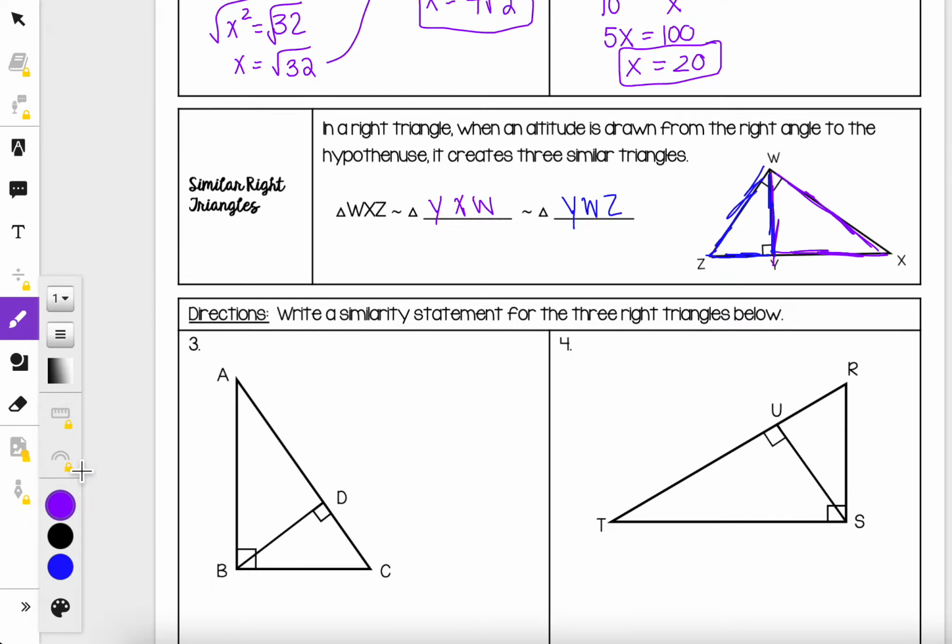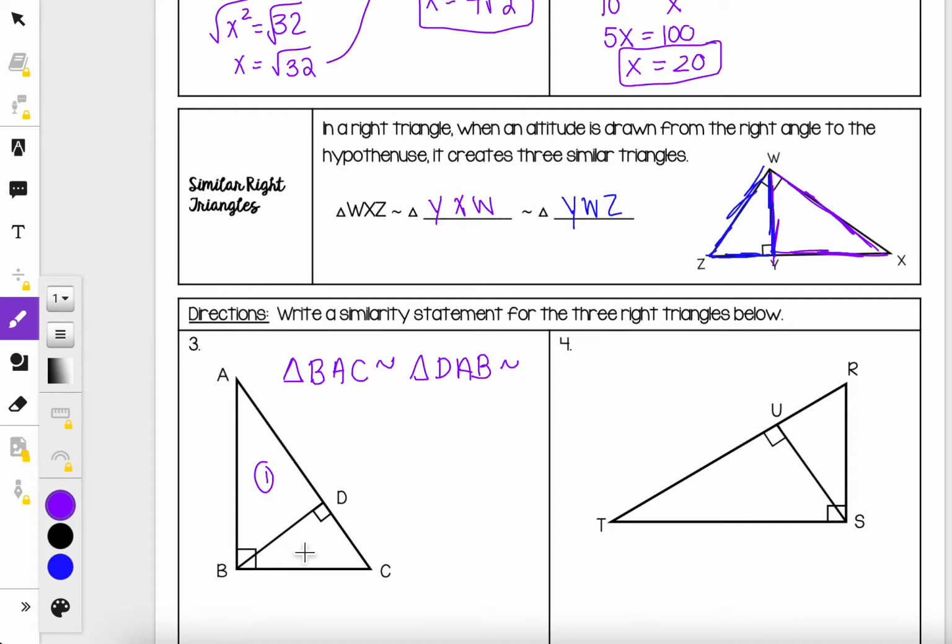For number 3, I'm going to start with the largest right triangle. My big right triangle here is triangle ABC. Now I'm going to write my similarity statement. I'm going to start at my right angle, which is at letter B, go to my long leg, down to my hypotenuse. So triangle BAC is similar to, now I'm going to look at this first triangle here. Start at my right angle D, long leg to the hypotenuse. So triangle BAC is similar to triangle DAB,